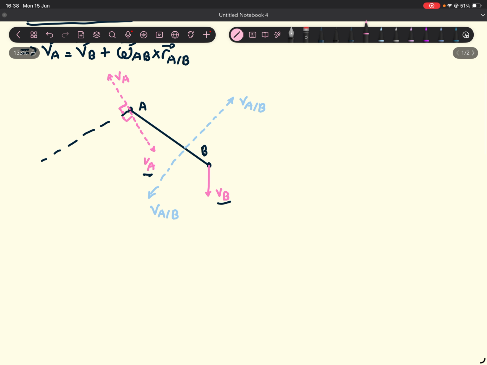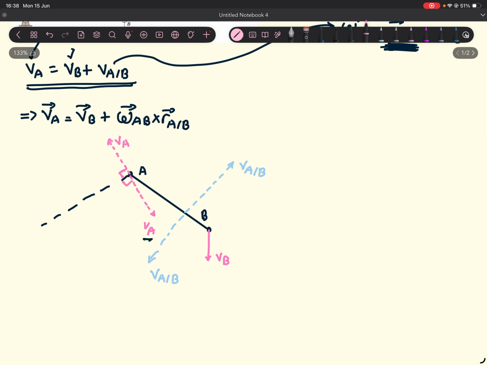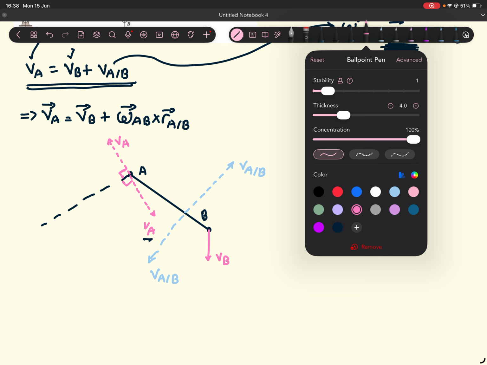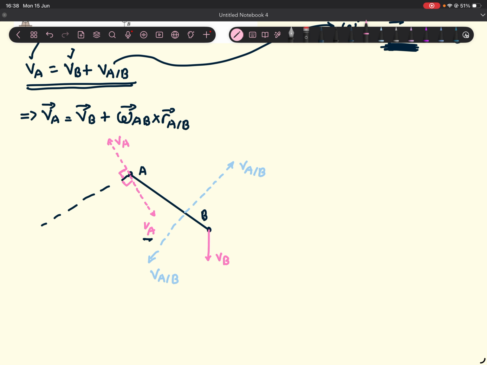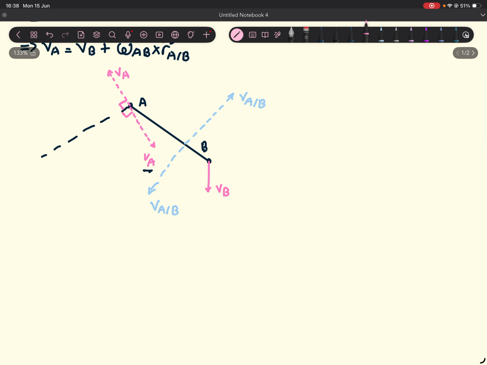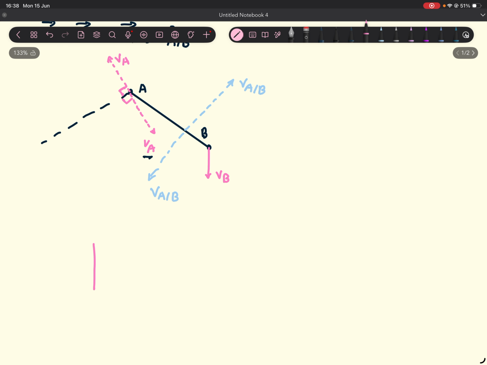So we know the direction of VB and we know its sense. The sense is like its angle of rotation, if that makes sense. It's in the vertical direction, that's its sense, and its direction is downwards. So yeah, hope that makes sense. So VB